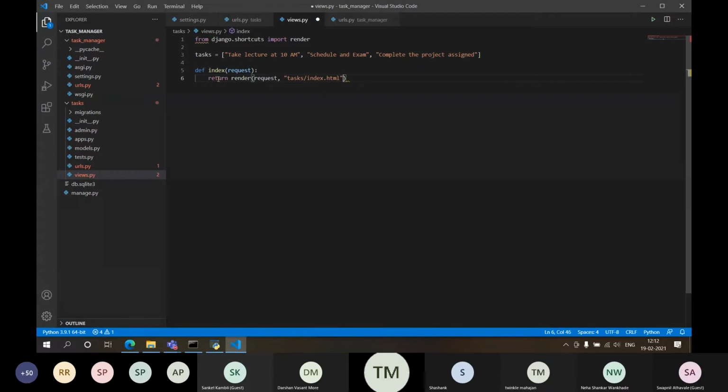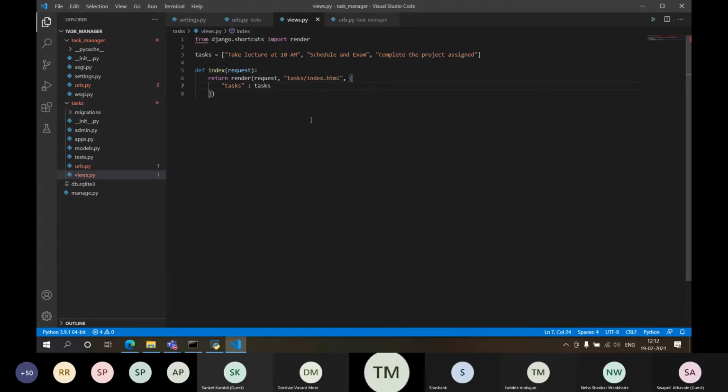I will be writing this page, and to this page I'll be returning a context. The context is again a dictionary, tasks colon, and I'll be giving this list to that context.